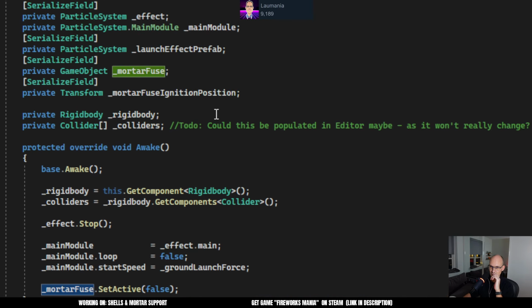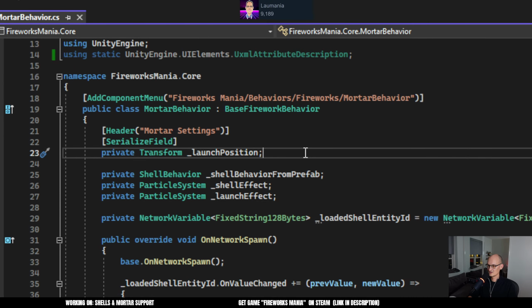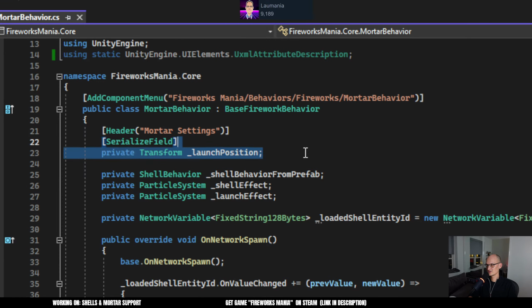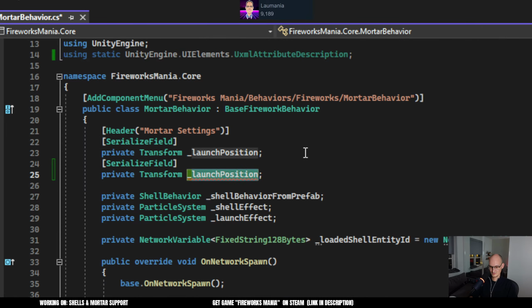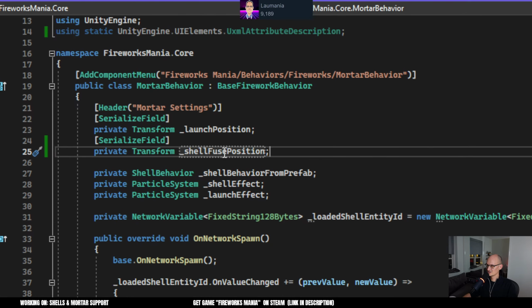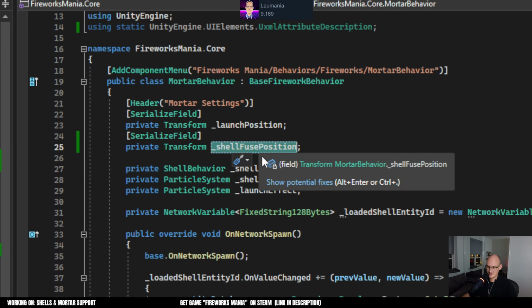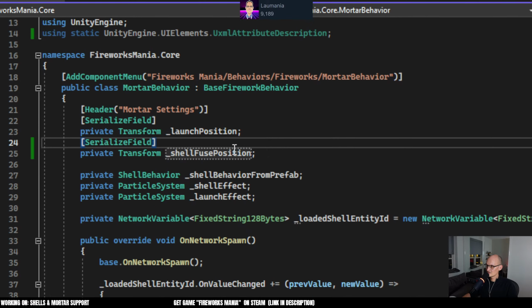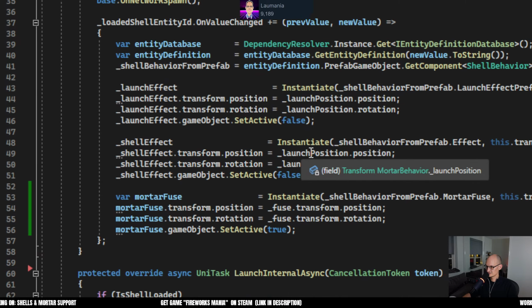Okay, so we have that, and then on the mortar we need to have a shell fuse position. I will add some tooltips too to explain what it does and everything. And I also need to check these things for null, so you can't build it without blah blah blah. So you can make mistakes. But the point is that the shell fuse position. So that is where the